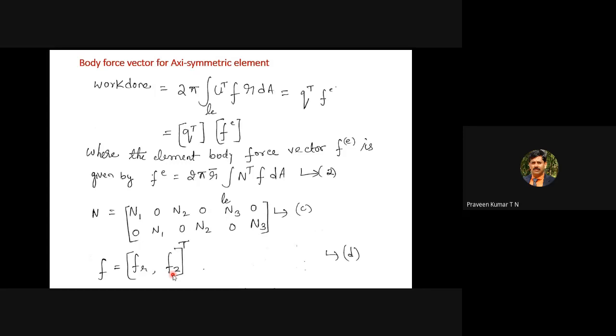Fr corresponds to the body force along the radial direction. The best example is, imagine the rotation of a flywheel. We have centrifugal force acting in the radial direction, that is nothing but Fr. If you consider the conical cooling tower of a thermal power plant, it has a huge amount of weight, normally referred to as self weight.